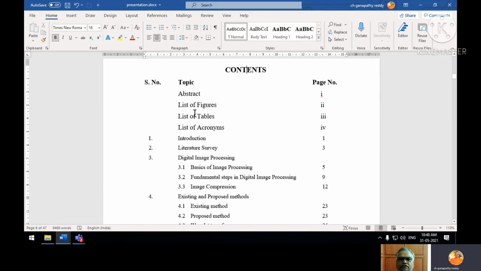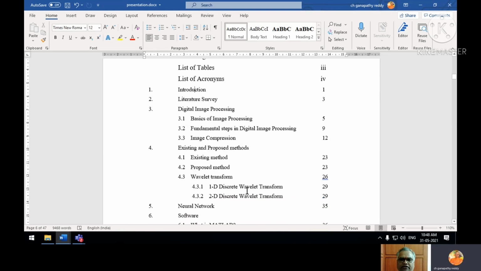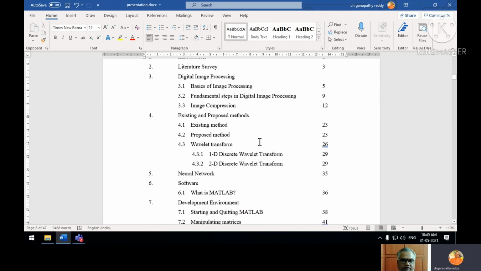Abstract, list of figures, list of tables, list of acronyms are marked with italic numerals. Then introduction, literature survey, all these have normal numbers. This is also 1.5 line spacing, and font size is 12. See that it is 12. Everywhere 12 is maintained.